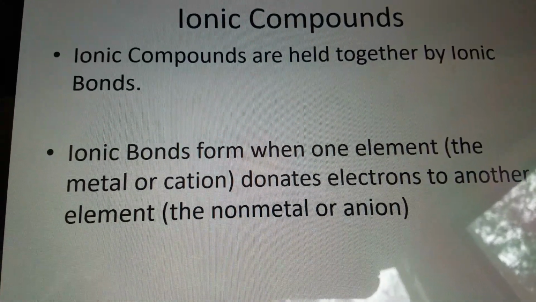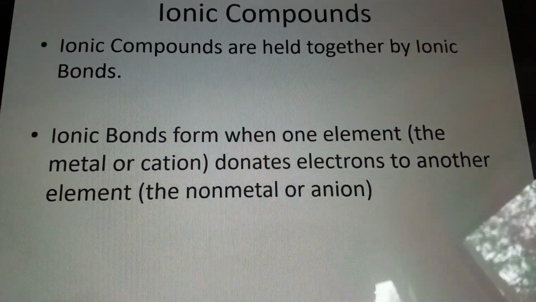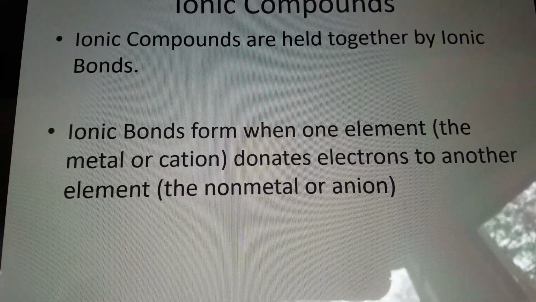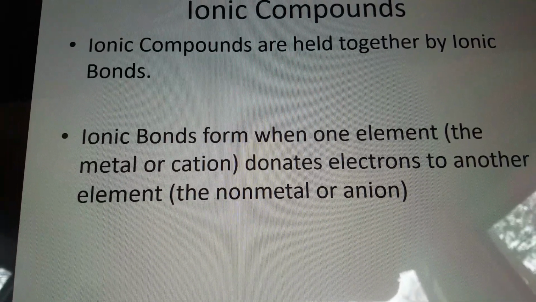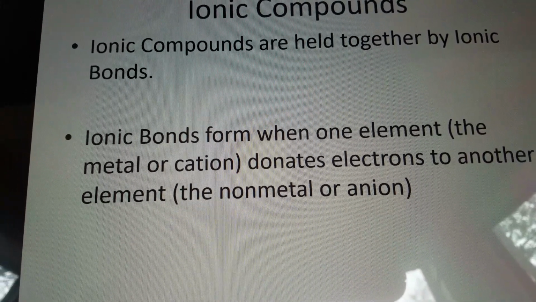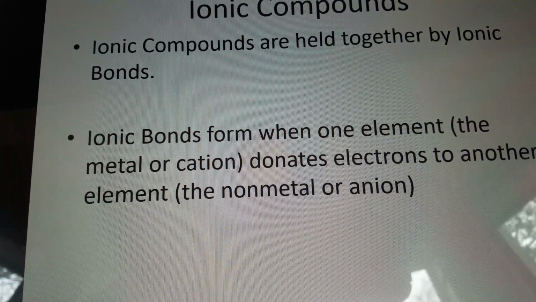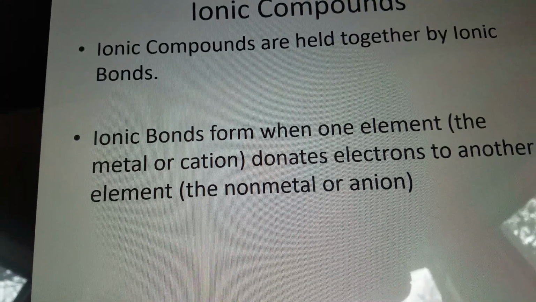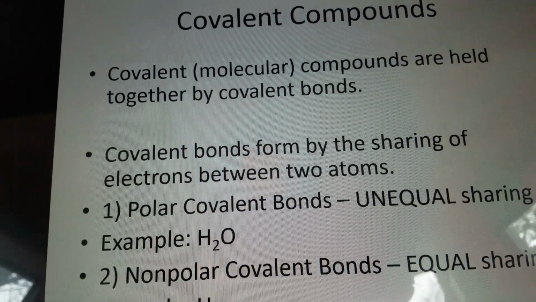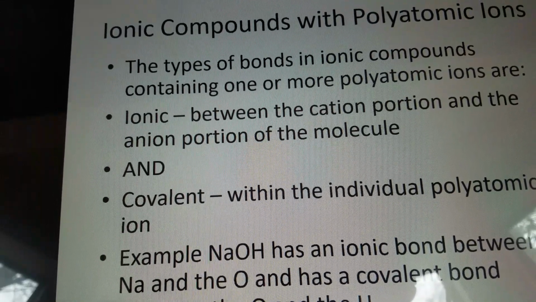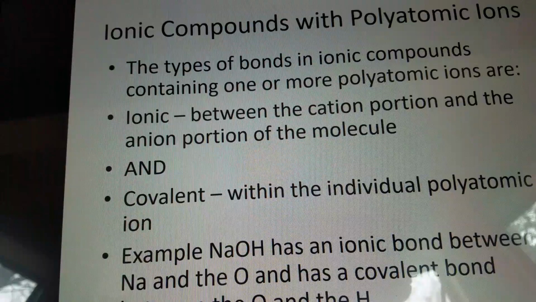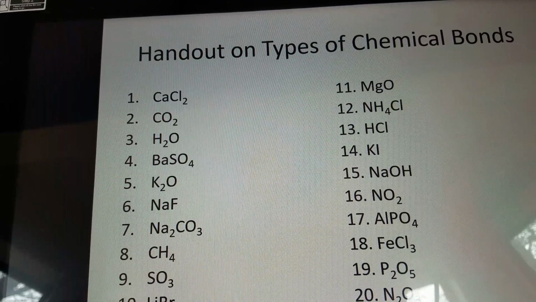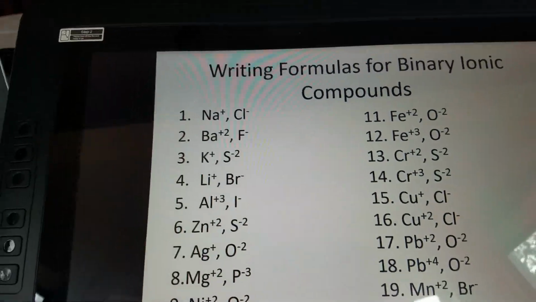Ionic compounds are held together by ionic bonds, and this is where you're going to have one element that donates electrons to another element. The element that's donating is going to be the metal, and it's going to take on a positive charge, so it's called a cation. And the element that receives the electrons is going to be called the anion, or is the nonmetal. And then these are going to also be found in polyatomic ions. So we've talked about some of these before. So we've talked about this one already, so I'm going to skip on over and start looking at writing some